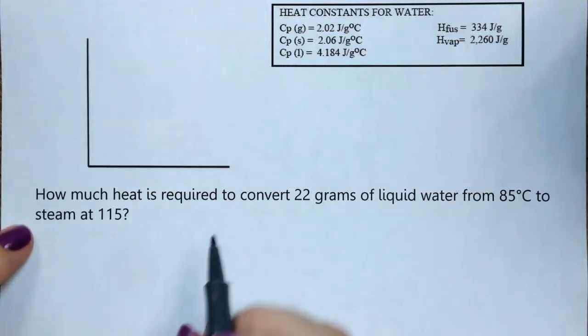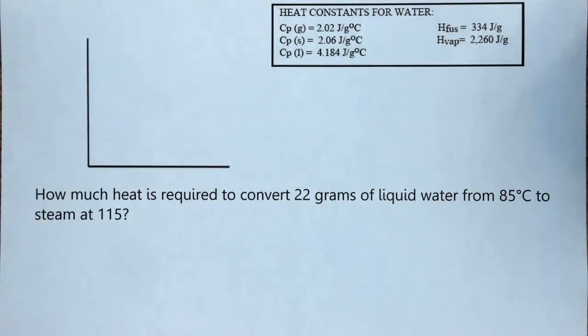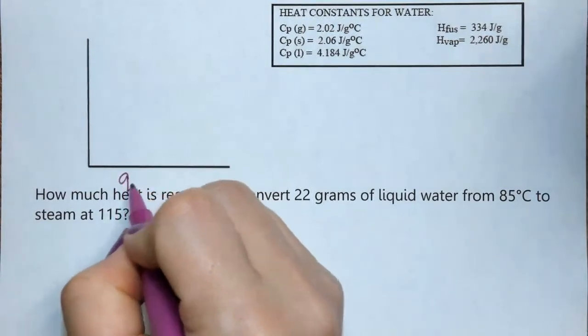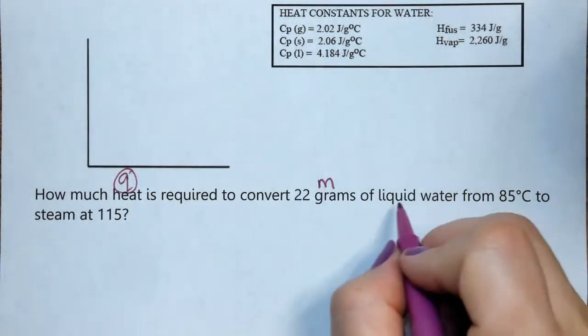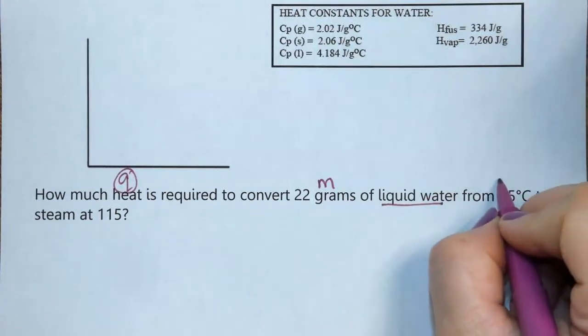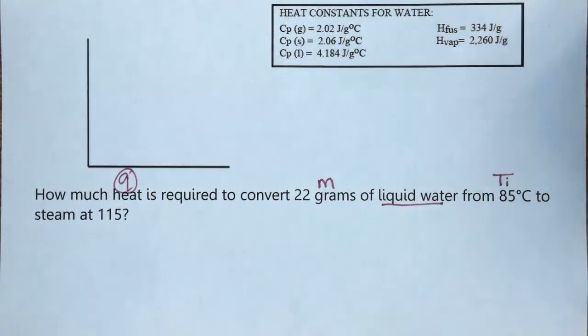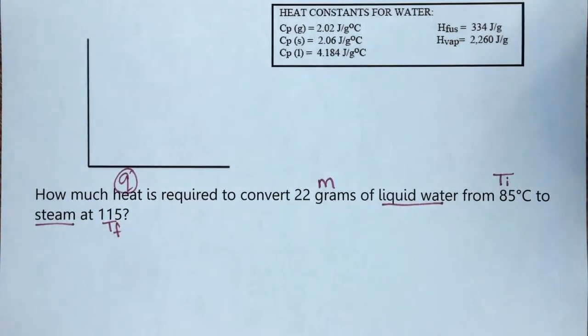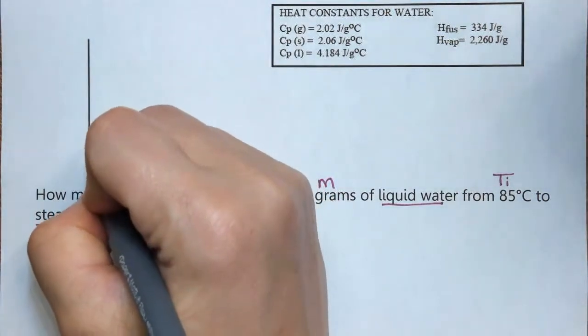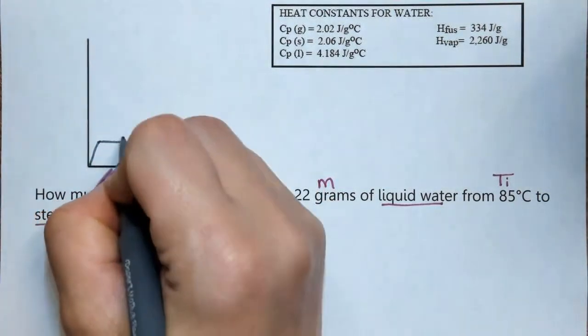So first, let's recognize how much heat is required. The question is, what is Q to convert a mass of 22 grams of liquid water from this initial temperature of 85 degrees to steam, which is a final temperature of 115? This is a tricky problem because if we look at our phase change diagram,